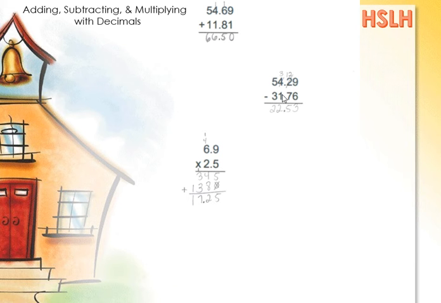And then 3 minus 1 gives us 2. And then 5 minus 3 gives us 2. So $54.29 minus $31.76 equals $22.53. So if you were going to purchase an item and it was $54.29, and I'm sorry, you had